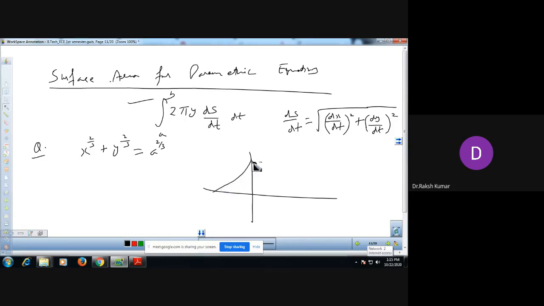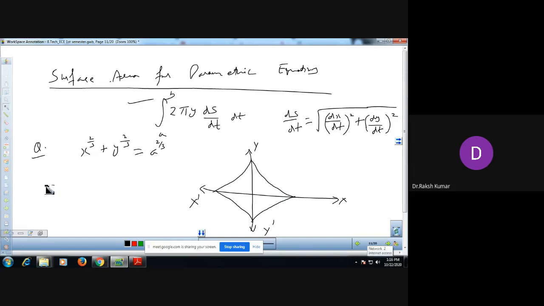Plot it. This will be the curve for this equation. This is the horizontal x-axis and this is the vertical y-axis. This is on the negative side, and this is also on the negative side of y. At this point it is 0, and at this point it is pi by 2